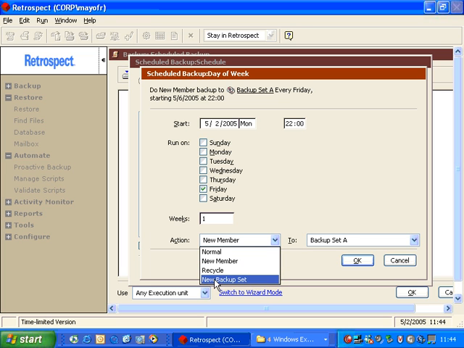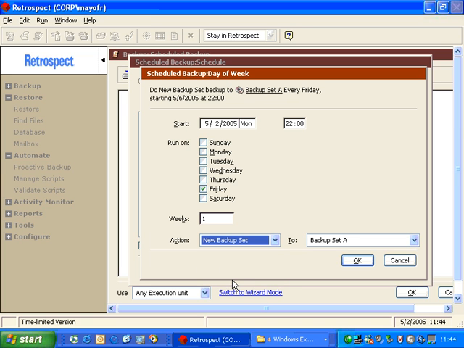We also have the ability to do what's called a new backup set. The new backup set is a little bit more unique, and what happens with a new backup set is it creates a new backup set with a new name. So if I've taken backup set A off-site, and I want it to start again at the very beginning of a new tape, and I want it to become a unique backup set, starting all over again as if no backup has taken place in the past, then this new backup set action